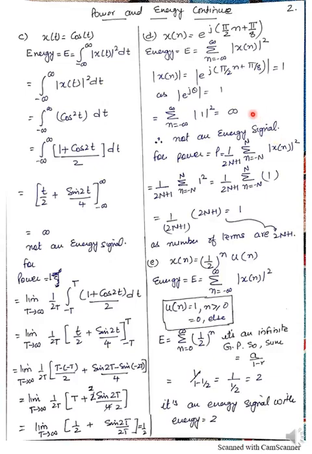Now in order to find the power, P is equal to 1 by (2N plus 1) times the summation from n equals minus N to N of mod of x[n] square. Here I want to bring a bit of attention to this point: here we are using 2N plus 1, and for the continuous case we used 2T, and the reason behind it is, if you see the limits, it's from minus N to N.